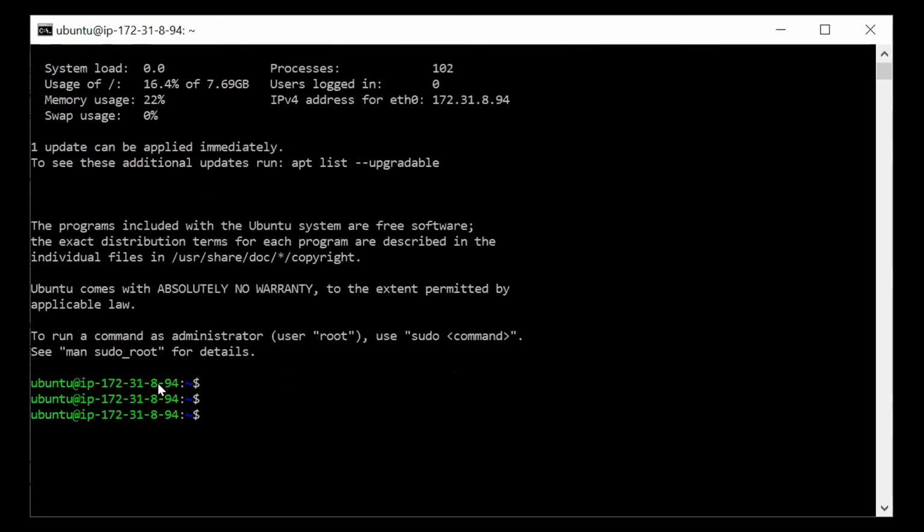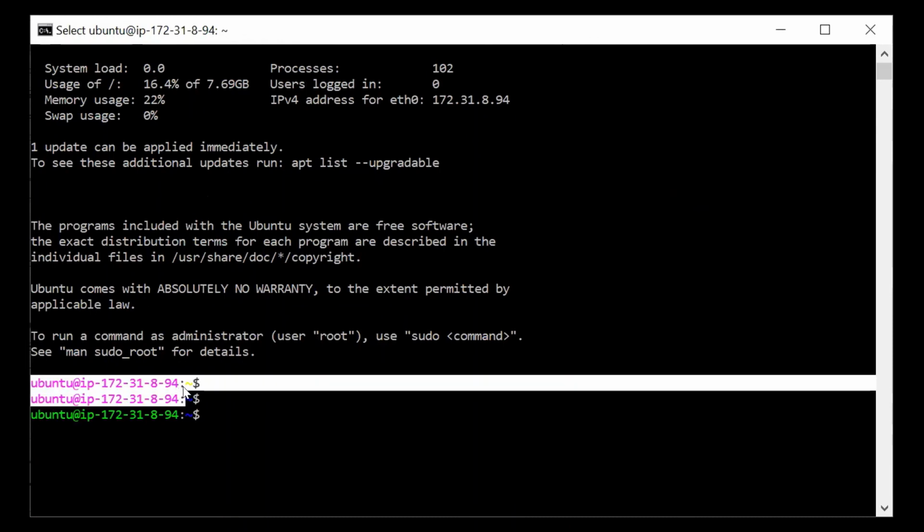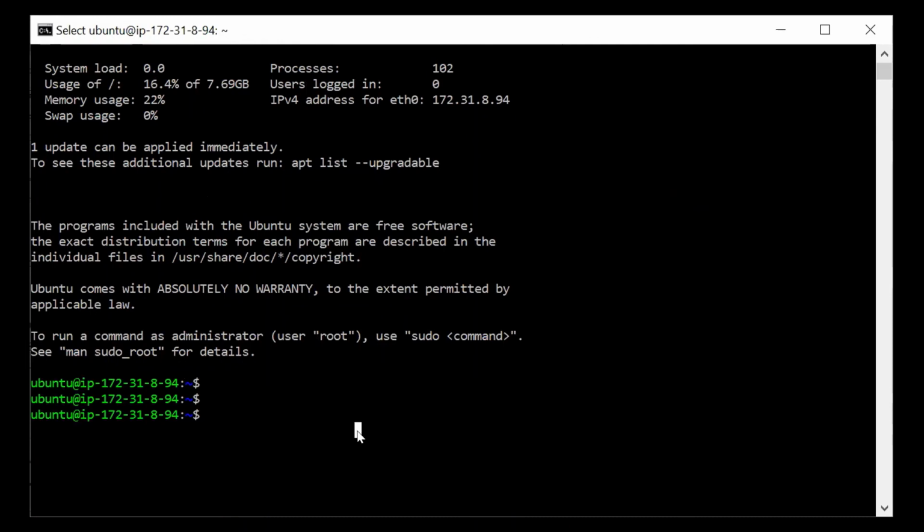If you observe now, we have connected to that Ubuntu with this IP address. Let us just ls, and there is nothing. This is the new instance which we have created and launched, and we haven't used it till now. That is the reason when we do ls, it is not showing anything.